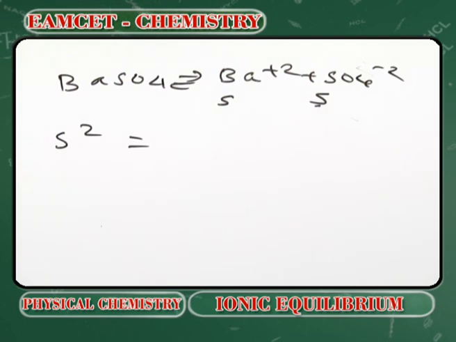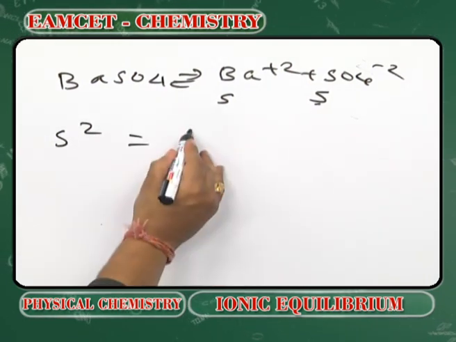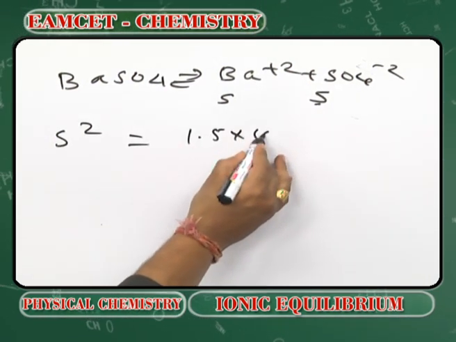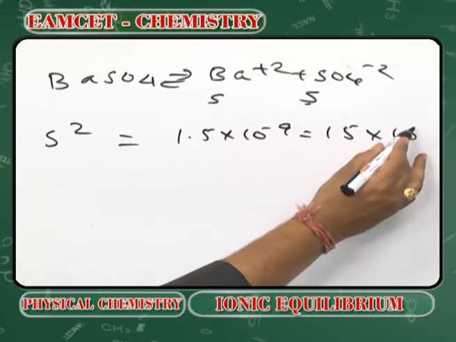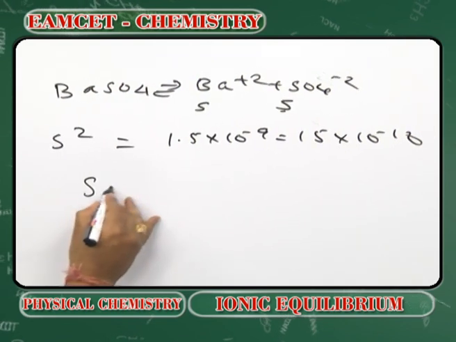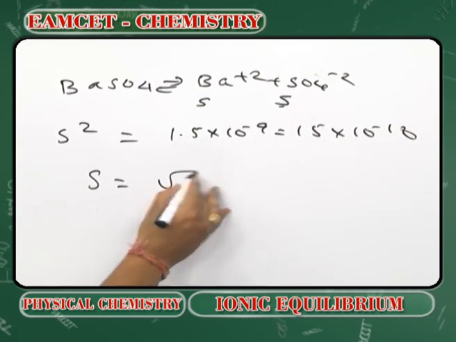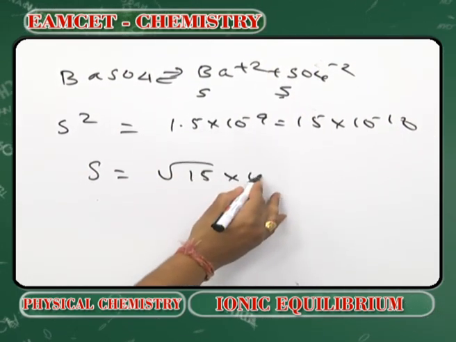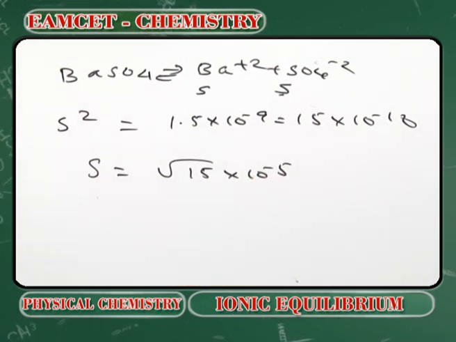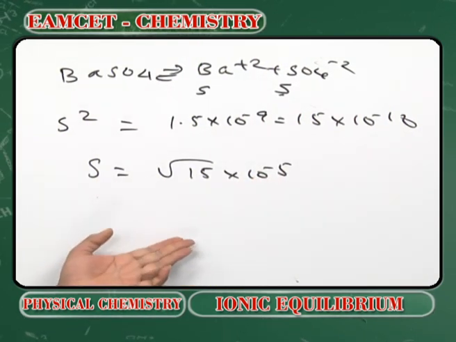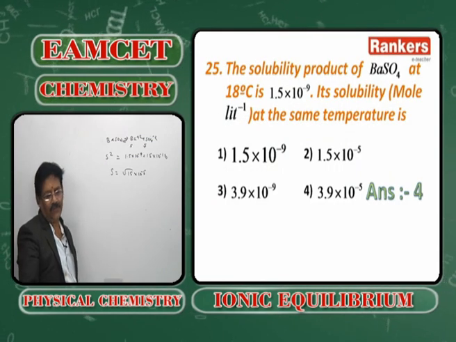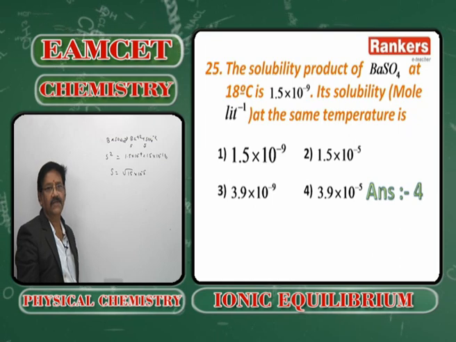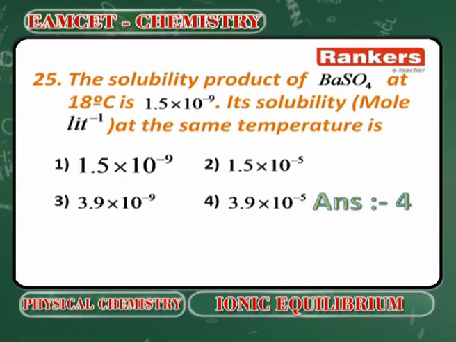S square is equal to 1.5 into 10 to the power of minus 9, which can be written as 15 into 10 to the power of minus 10. So S is equal to square root of 15 into 10 to the power of minus 5. Square root of 15 is around 3.9. So S is equal to 3.9 into 10 to the power of minus 4. Option 4 is the answer. Next,